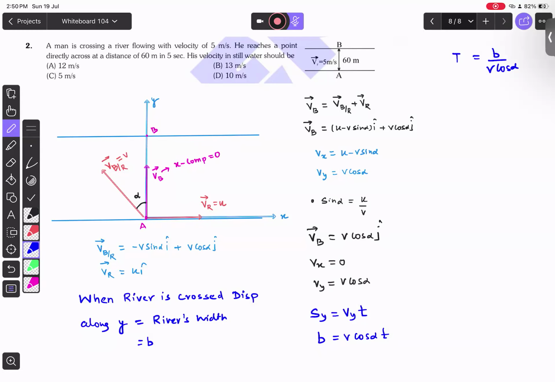Okay. Now let's see what all things are given. So he crosses the river. What is the width of the river they have given us? 60 meters. What is the speed of the river given to us? It is given that u is equal to 5,